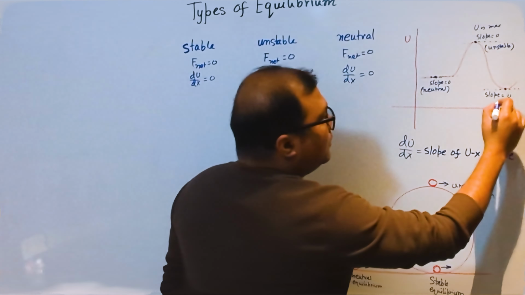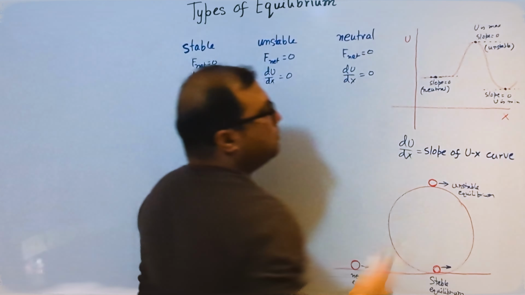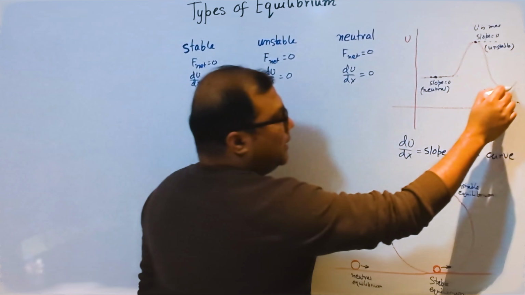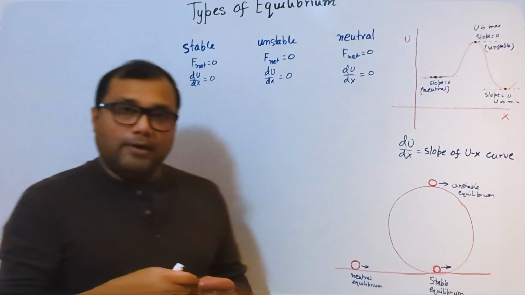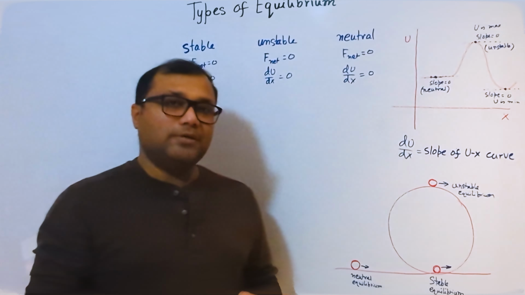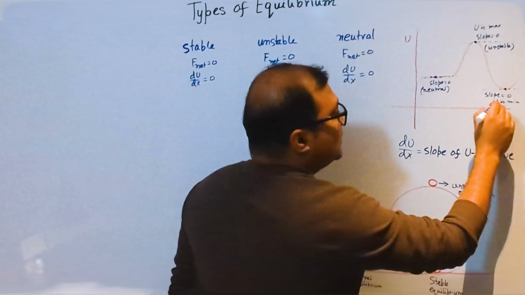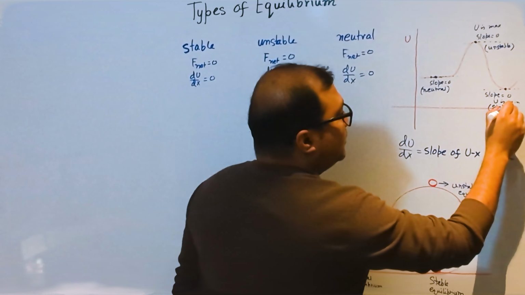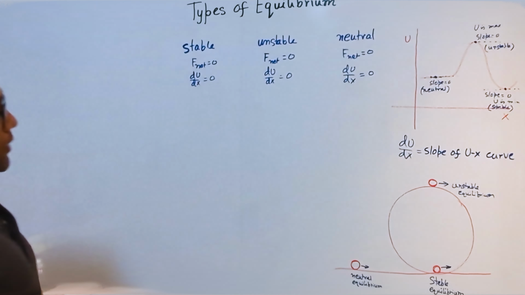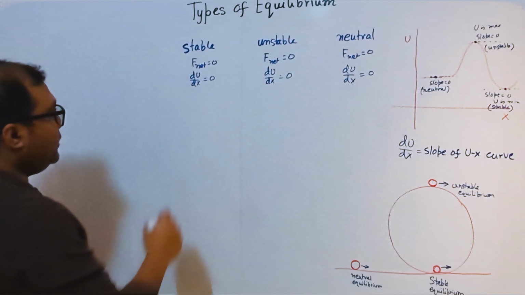and here U is minimum, potential is minimum. So even if you disturb it by a little bit, the body gets more potential, and any body wants to come back to its minimum potential region. So this is the case of stable equilibrium. Okay. Now then, if we come back here, so let's write